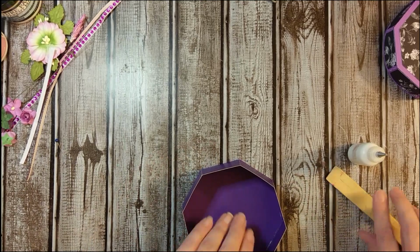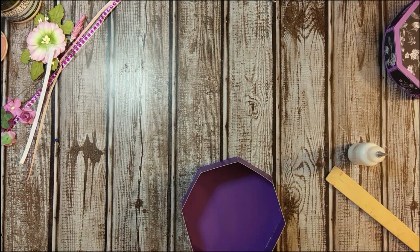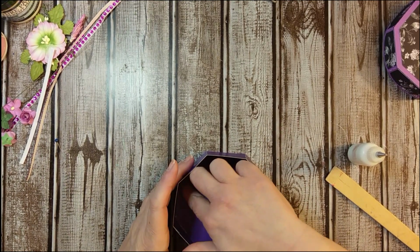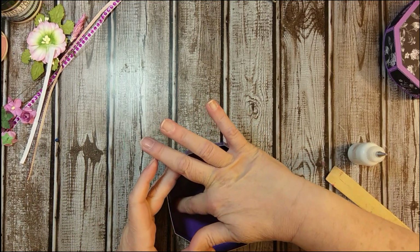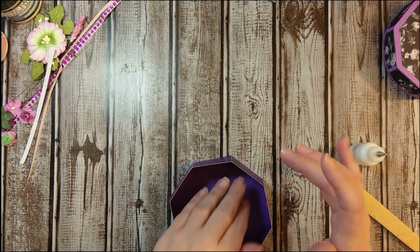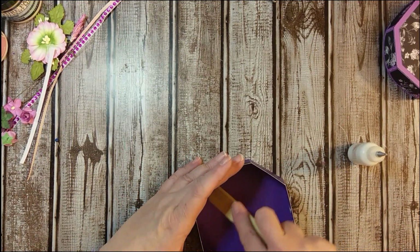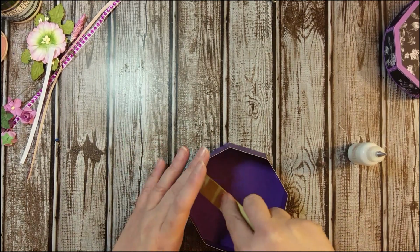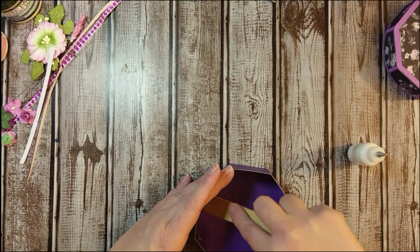Make sure we get a good adherence. And again, this glue dries clear, so I'm not too worried about if there's a little bit of glue peeking up around the sides, because it is going to dry clear and you're not going to see that, but I do want to make sure that it sticks down. So I'm just going to burnish that again around the edges,